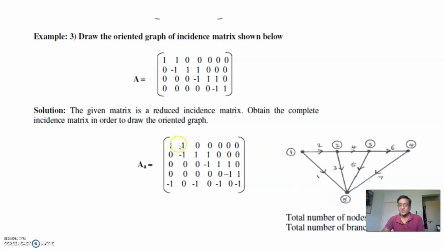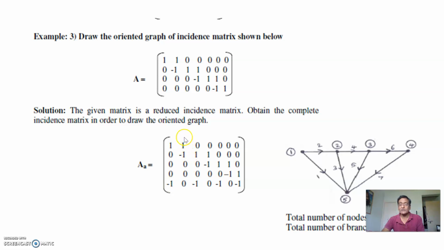And similarly, what about it? There is a minus 1 here, there is a 1 here. So the direction of the current is from node 1 to node 5, or node 5 to node 1. So the direction of current is shown here as 1 to 5. Okay, it is leaving node 1. If it is entering, then it should be plus here. So it represents leaving node 1, it is entering node 1.